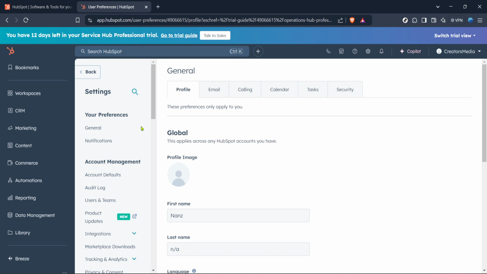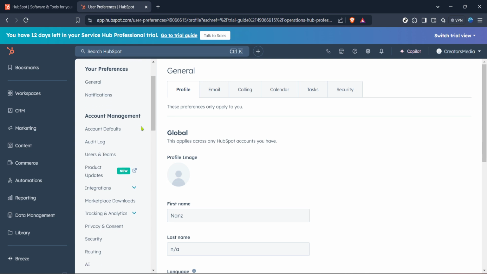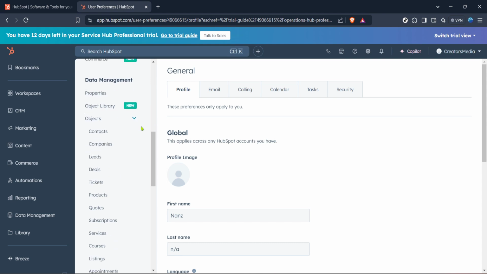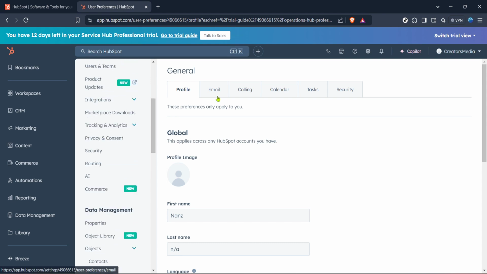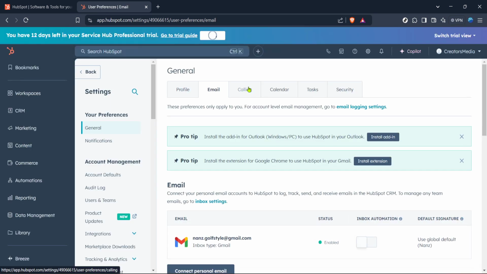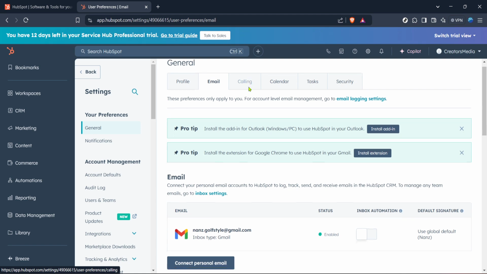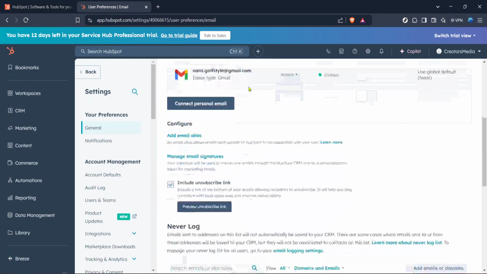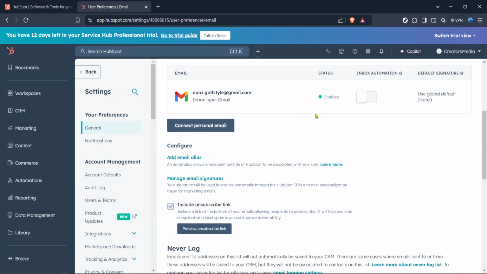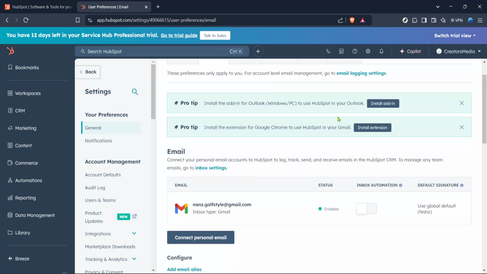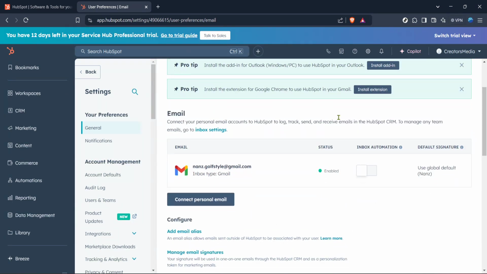From the list of settings on the left-hand sidebar, find and click on email. This section specifically addresses everything related to email functionalities, including the customization of signatures, which is where we want to be. Within the email section, you'll see various options regarding how your emails are set up within the CRM. Here you can manage email settings to suit your unique needs, but for today's task, direct your attention to the Manage Email Signatures link. By clicking on Manage Email Signatures, you'll open up the possibility to either edit an existing signature or create a new one.